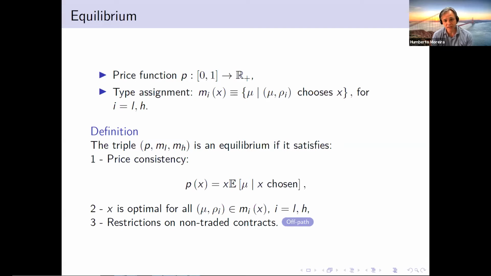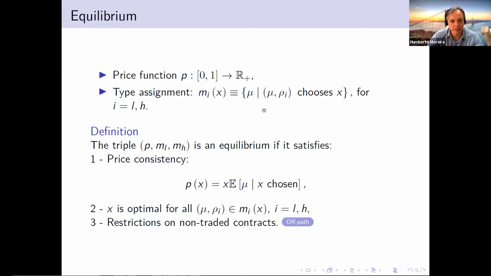So, what is an equilibrium? It's a competitive equilibrium. An equilibrium is given by two key elements. One is the price function. The price is a function that maps every level of coverage into a real positive number, which is the price of that level of coverage. And instead of the usual traditional way to present the allocation, which is a map from types to the coverage level, in this case it's more convenient to talk about the type assignment object, which is a map for each level of coverage,